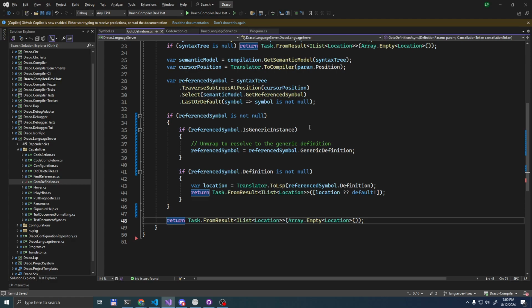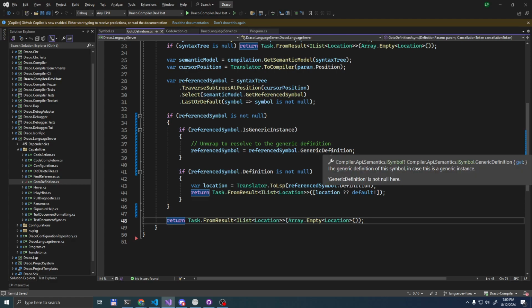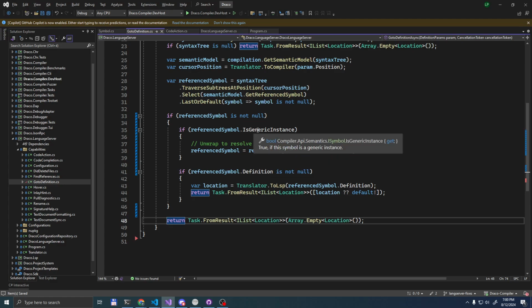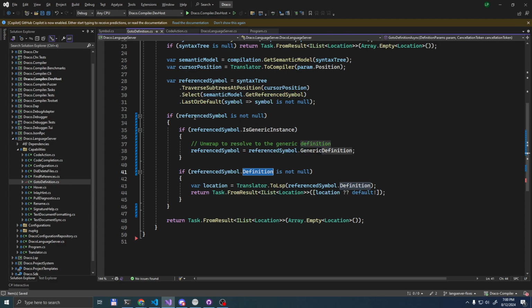But wait, why do we not need the double null check here? Oh, I know why. Let's leave it like this. We'll refactor it later. So how you test the language server is that you can actually install it from source